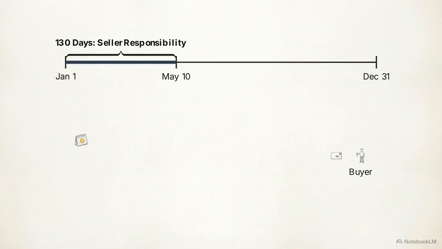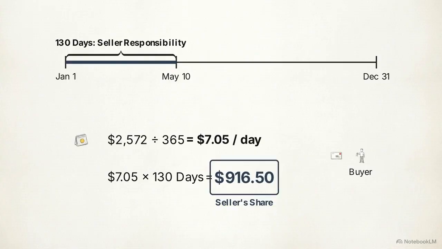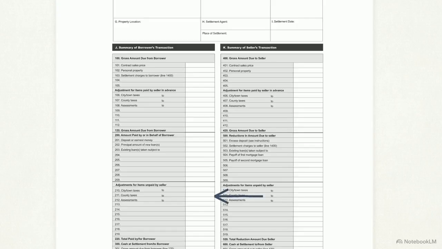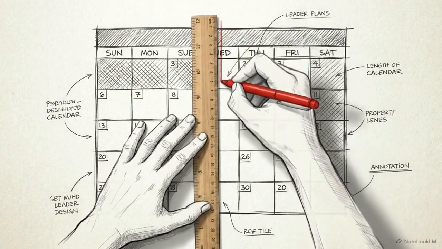We take the annual $2,572 tax burden and divide it by 365 to get a daily rate of $7.05. We multiply that daily rate by the 130 days of seller occupation, resulting in $916.50. To compensate the buyer, we map this $916.50 as a direct credit on line 211. To fund it, we map the exact same amount as a direct charge to the seller on line 511. Strict prorations ensure that neither party pays for a single day of tax overhead while they didn't actually own the